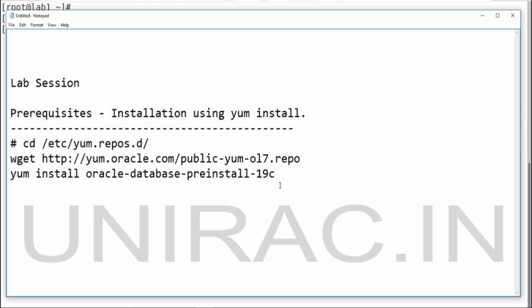Guys, in the lab session we'll see step by step how to install the prerequisites using yum install. The first step will use the cd command to move to the location under the etc folder where the yum repositories configuration is stored. Next, using the wget command, a Unix utility, we'll retrieve the files from the link given by Oracle, the repository stored on yum.oracle.com.